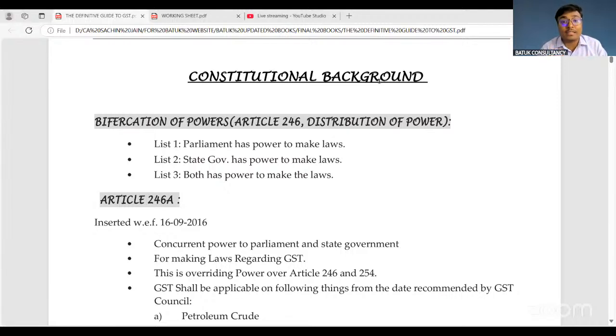Now we'll start our discussion on the sections, the provisions-related part. First of all, I request everyone, if possible, while watching this class, to keep your notebook with you and also your book study material, that is the GST comprehensive book. Digest of GST cases is not required, the question compendium is not required. We just require the book which is completely based on the law, the Definitive Guide to GST. So carry it with you, and if it is not possible, just keep one notebook with you so that if I suggest any point, you can write it down.